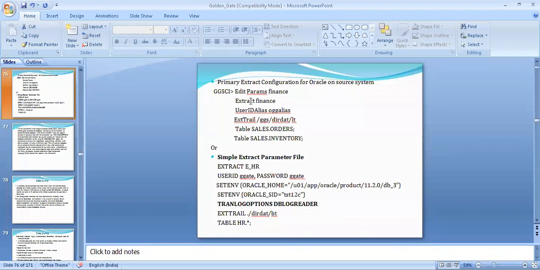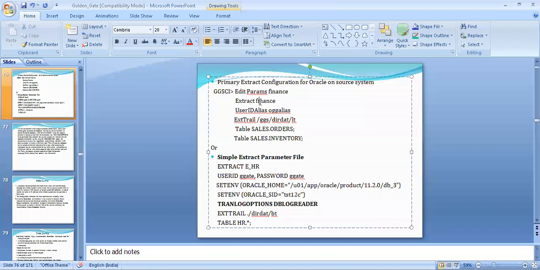In the parameter file, we will see extract, then finance, which means this is the name of the extract process. Then this is the username. With the help of this user, the GoldenGate process will log in to the database and read the redo log file. After reading, it will store in this location. So this is the location of a trail file.